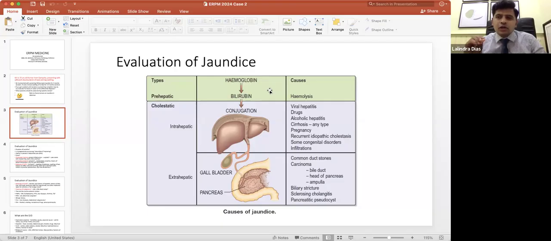Unconjugated means it's not conjugated. What do we mean by conjugated? Conjugation occurs within the liver by enzymes called glucuronidase enzymes, which make bilirubin conjugated. But before reaching the liver, this bilirubin is in the bloodstream, and that's called unconjugated, or indirect bilirubin. Indirect bilirubin is soluble to some extent, but it is not water soluble as we see in conjugated bilirubin. Therefore, when you get medical jaundice or hemolytic jaundice, during hemolysis, if you have an increase of bilirubin,